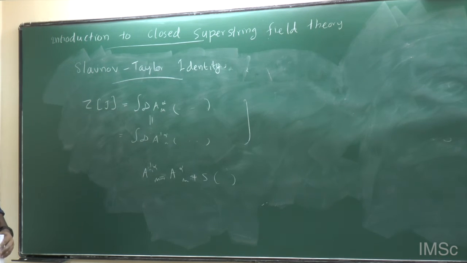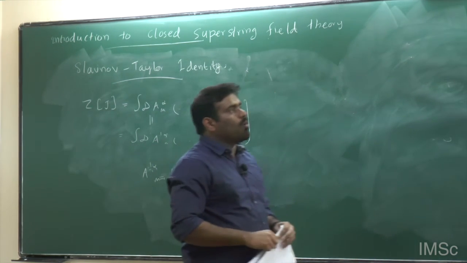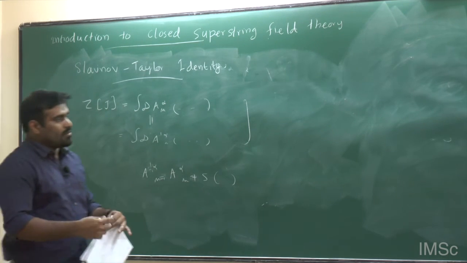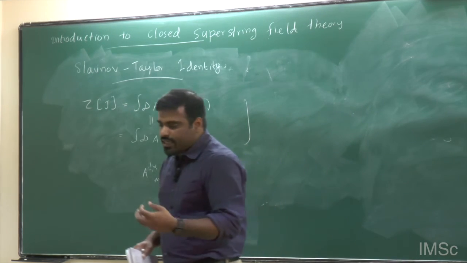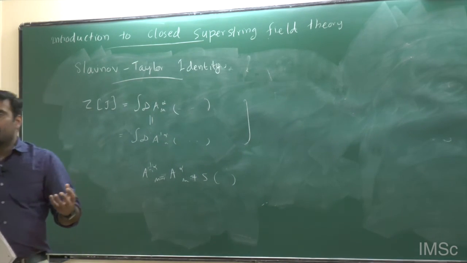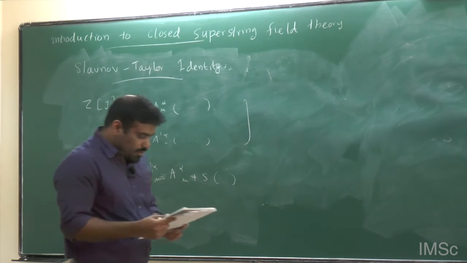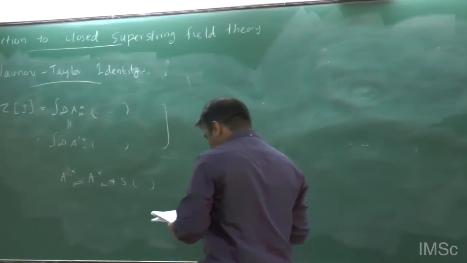In general, Slavnov identities are for full gauge symmetry. And anyway, BRST symmetry can be thought of as the global part of the gauge symmetry. So the usual Slavnov identity is valid even for the BRST transformation. The only thing you have to do is, you are not supposed to consider the general gauge transformation. Instead, you have to consider a gauge transformation that is constructed using the ghost field and this theta parameter that I was mentioning. So the final identity can be easily derived.